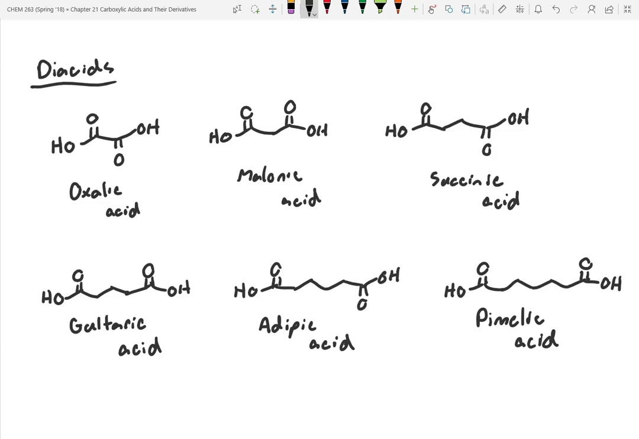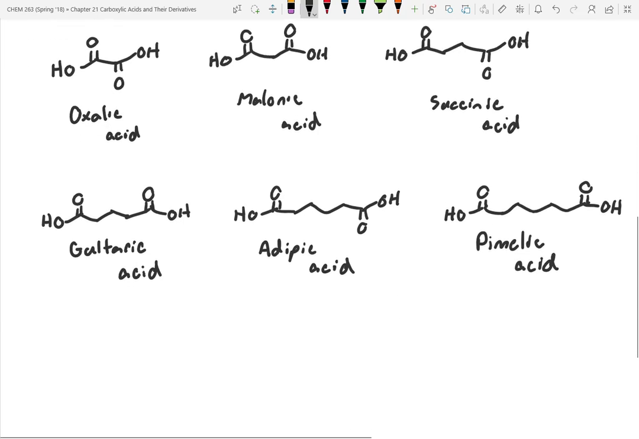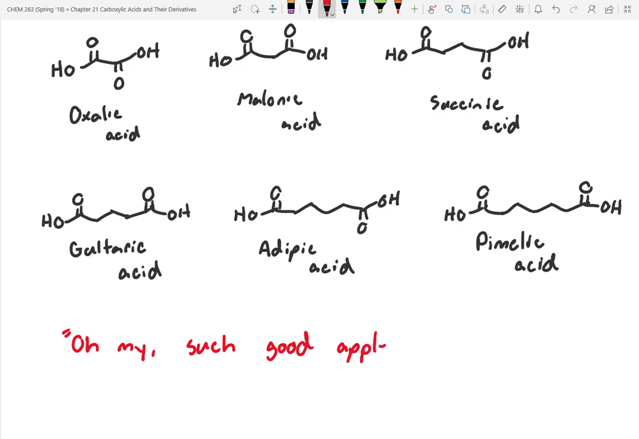These obviously don't follow the IUPAC naming system, but I've got a really good mnemonic that'll help you remember these. And this is what I used in undergrad. Oh my, such good apple pie. So oxalic, malonic, succinic, glutaric, adipic, and pimelic. So if you ever forget these, you can just write them out in order and try to remember the name